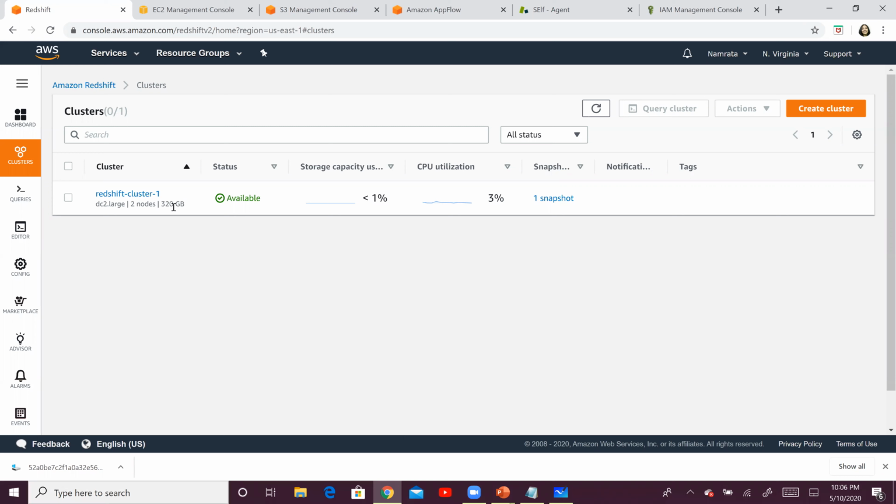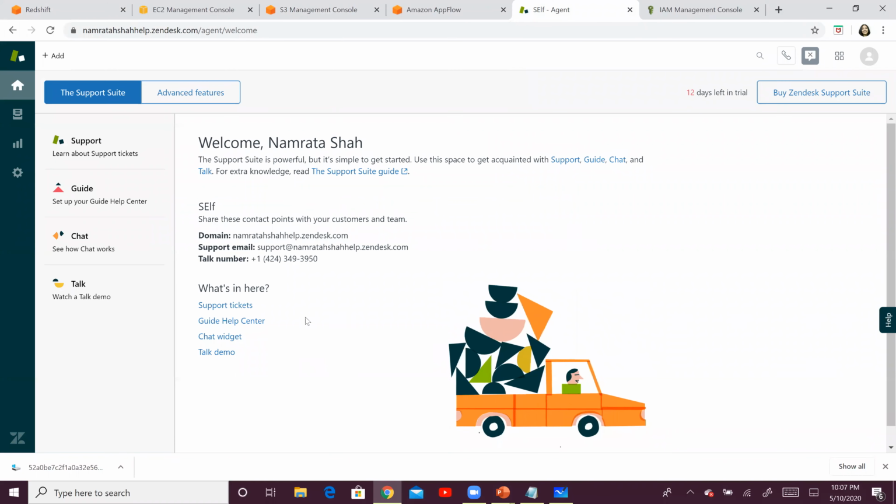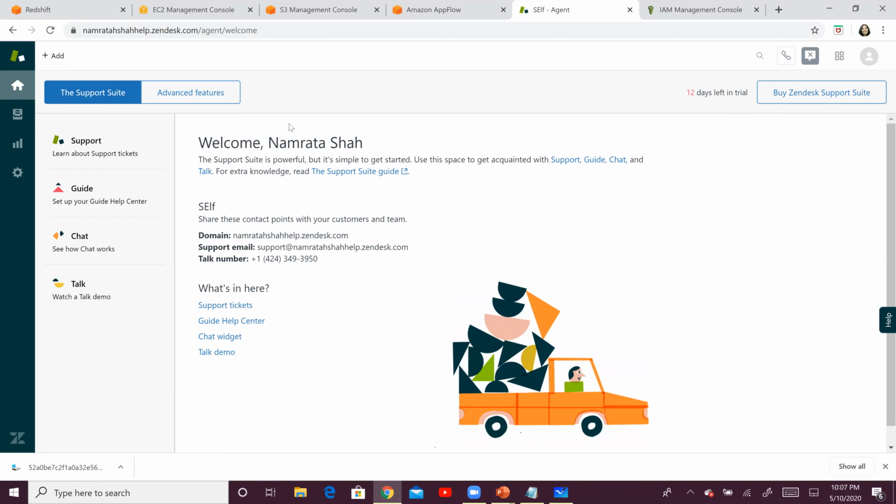So here is my Redshift cluster that has been provisioned. If you see, this is DC2 large with 2 nodes. This cluster is up and running and available. I have also created my Zendesk temp empty bucket, and I have also registered for my free or trial account over here with Zendesk.